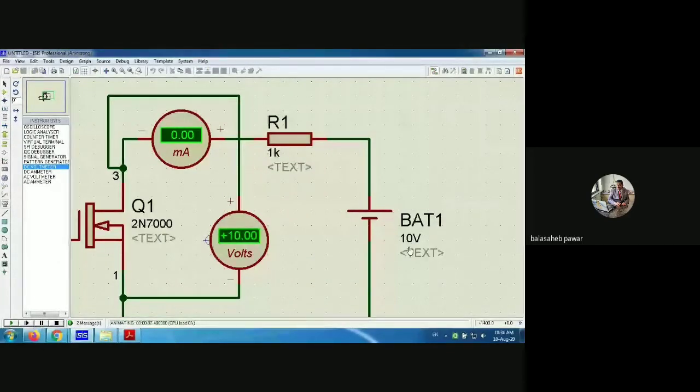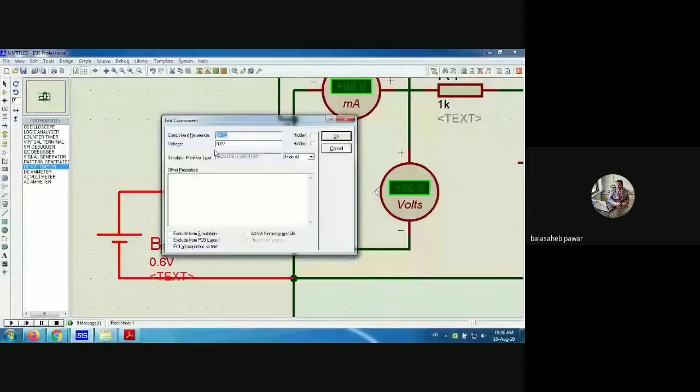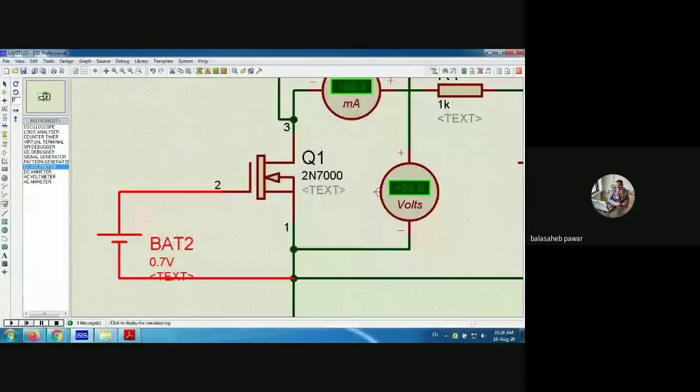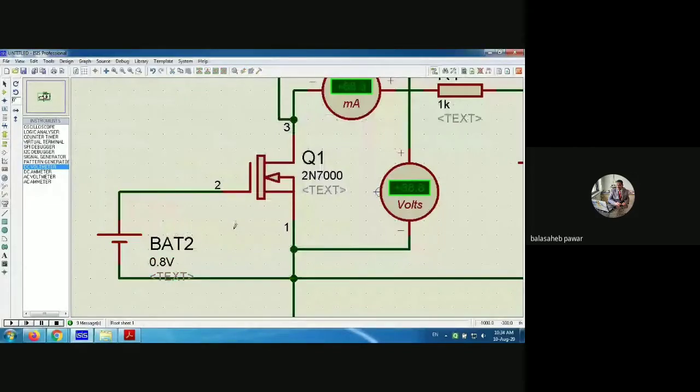Okay. Now we will try to find out the exact threshold voltage of this transistor. Instead of 0.6, now I apply 0.7, and again we'll check how much is the current. Still it remains 0, as per the data sheet. Now I will apply 0.8, because the minimum value is given as 0.8 and the manufacturer suggests the actual value will lie between 0.8 and 3 volts. Okay, so we'll check it.